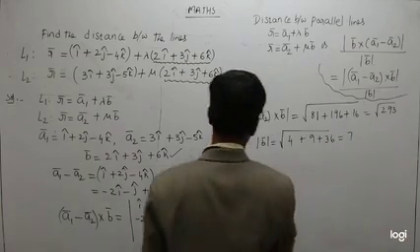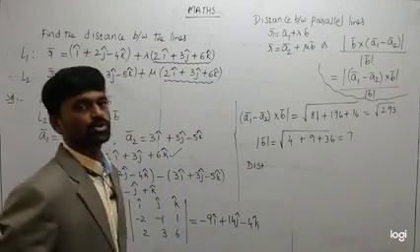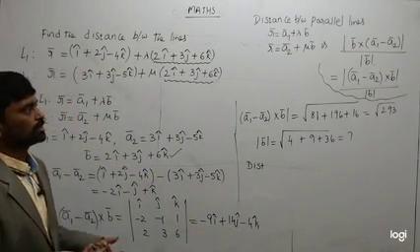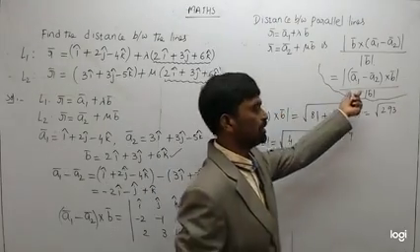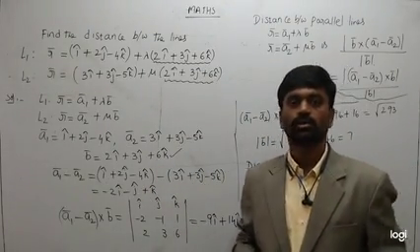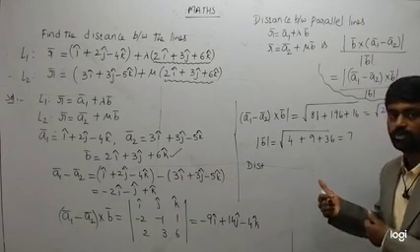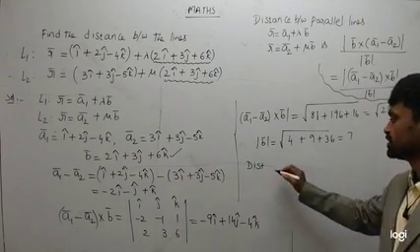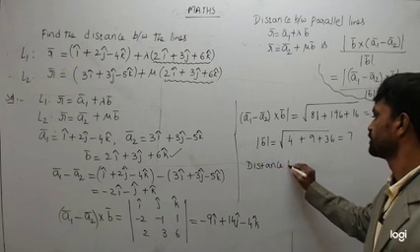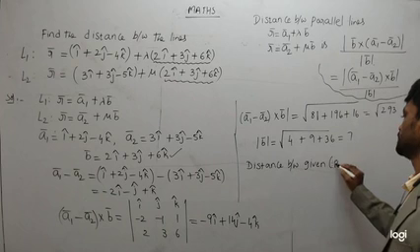So now the distance between, or sometimes they may call it shortest distance. Because here, this is the formula for what? Distance between the parallel lines, or perpendicular distance between the parallel lines, or shortest distance between the parallel lines. However it may be, the formula will be this. Okay. So distance between given parallel lines